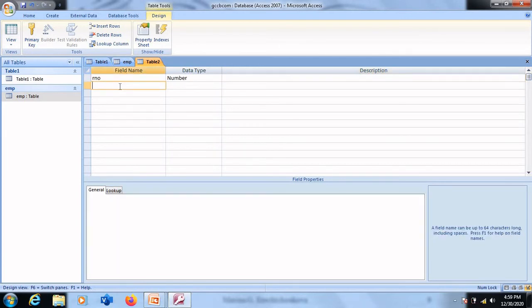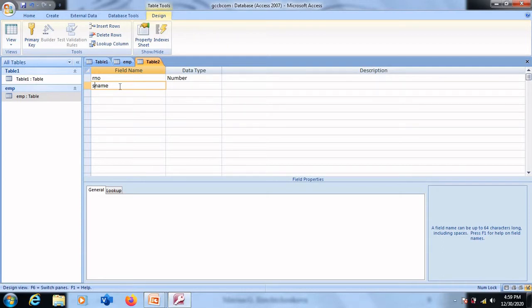And then we have student name. One thing you should take care of is that you cannot create a field with only the name Name, because Name is a keyword which is used by MS Access. So while giving a field name like name, you should add a prefix.